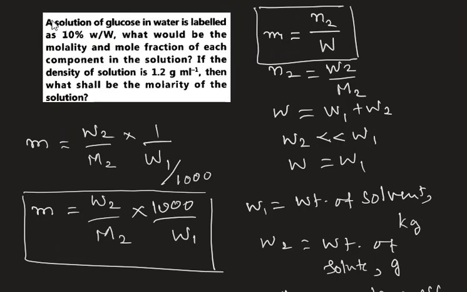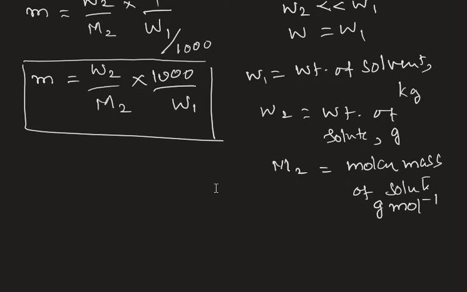Now what is given here? A solution of glucose in water is labeled as 10% weight by weight. So the weight by weight percentage is given here. Let us note it down. This is glucose. You know the formula of glucose, C6H12O6. So immediately you can work out the molar mass of glucose that is dissolved in the solvent,